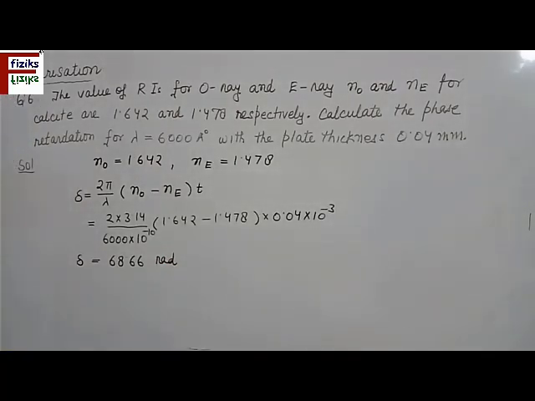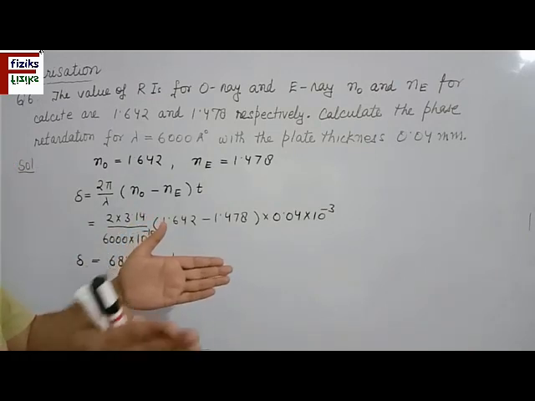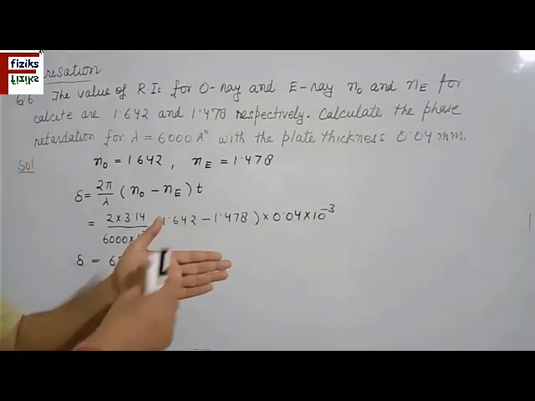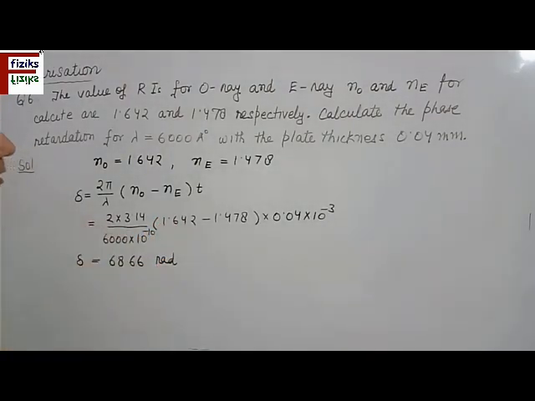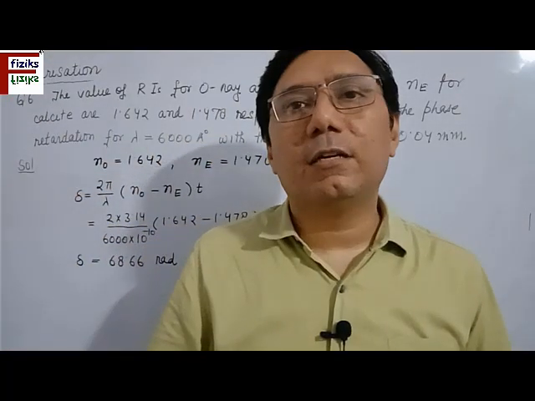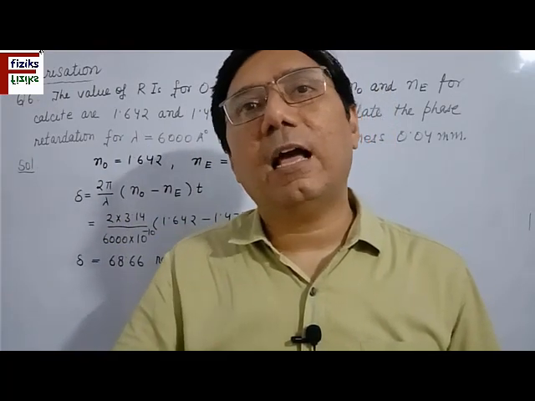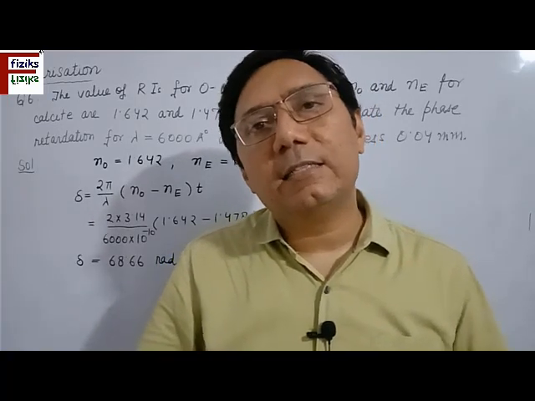So this is an example of retarding plate. In retarding plate, basically the optic axis is parallel to the face, and when a plane polarized light is incident on this, and this plane polarized light's electric vector is making some angle with the optic axis, it will resolve into two components, one parallel to the optic axis, another perpendicular to the optic axis. Parallel component will act as E ray, perpendicular component will act as O ray,